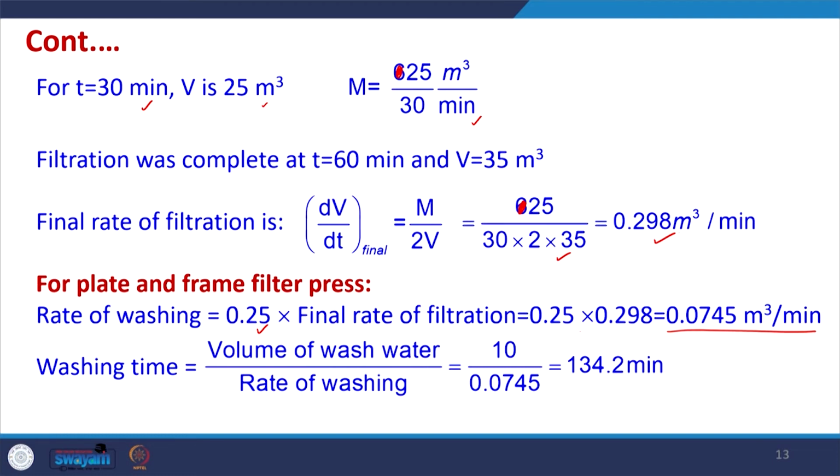So, overall volume of wash water which has to be used is 10 and rate of washing is 0.0745. So, if we divide we will find that we require approximately 135 minutes for washing this filter press. So, from here we get an idea that the washing time is large,